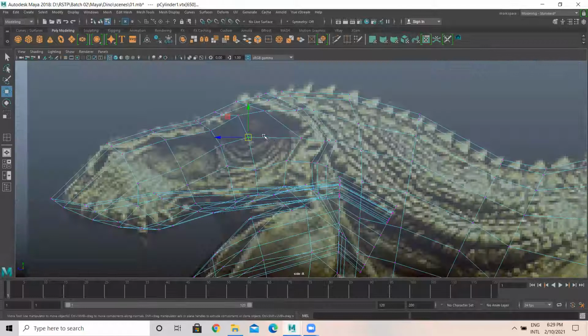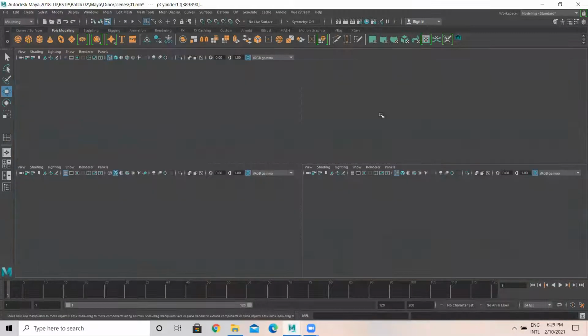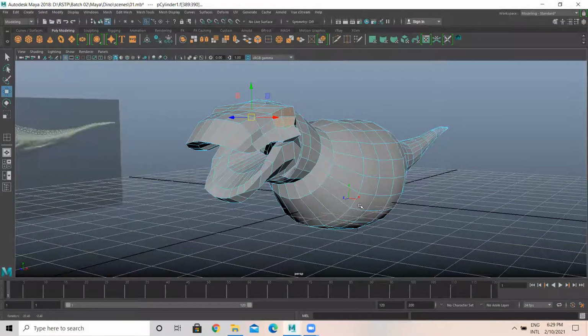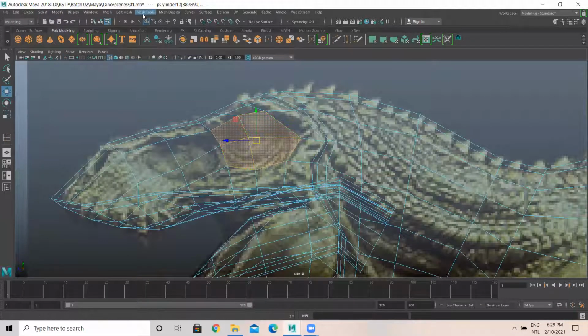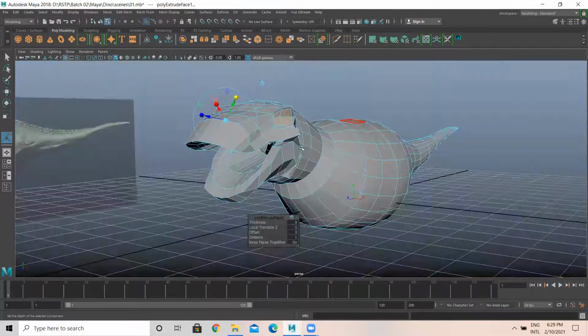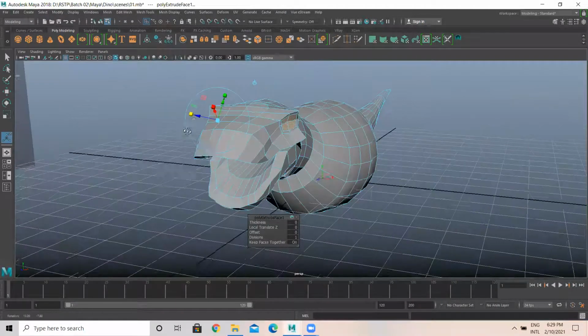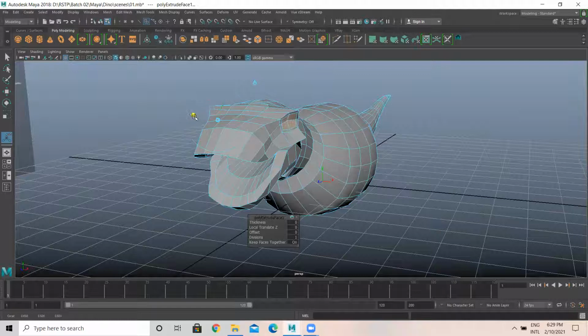So then after this, I'm selecting these four faces, drag and select like this. So what I'll do is mesh to edit mesh extrude using these manipulators. Just take, you can take it inside like this.